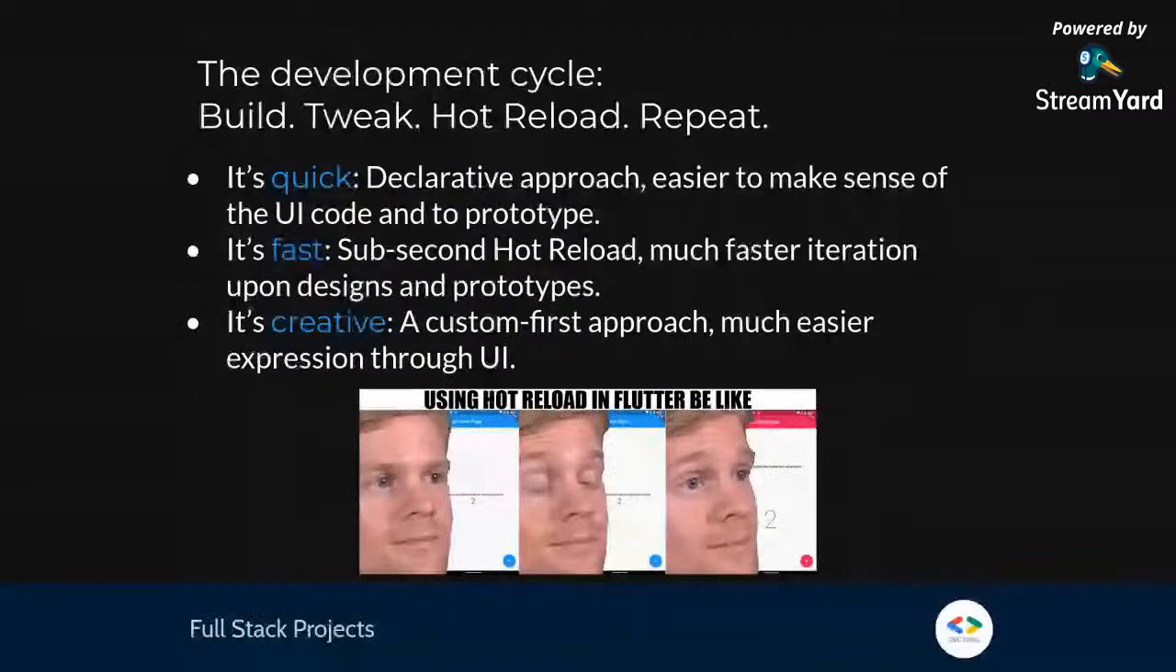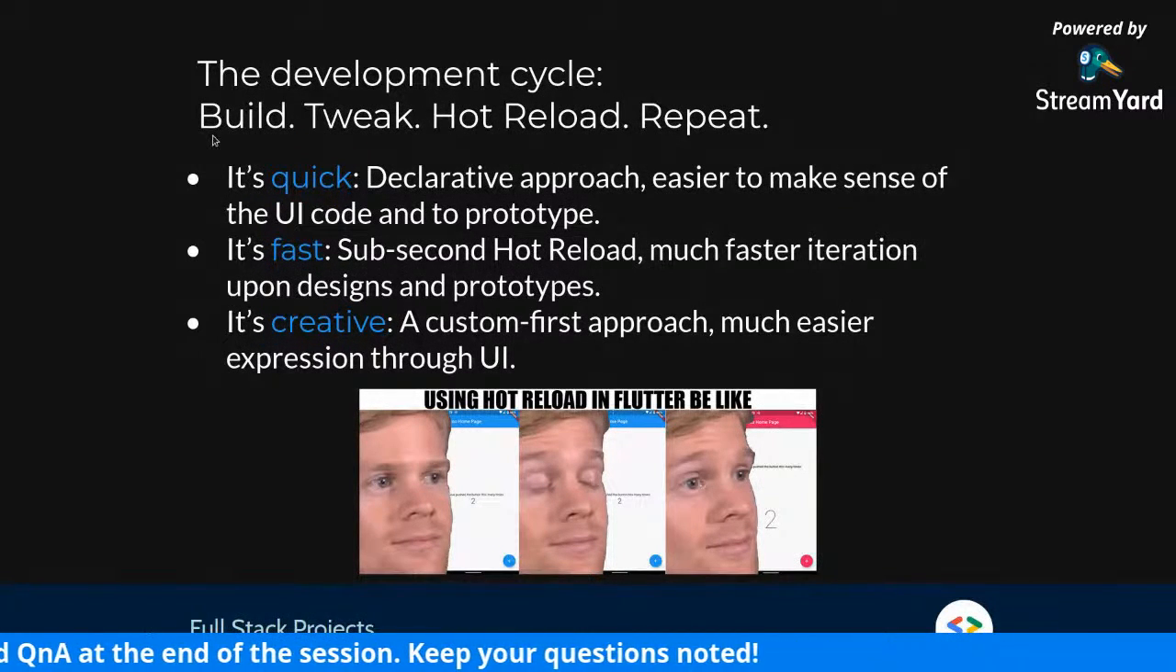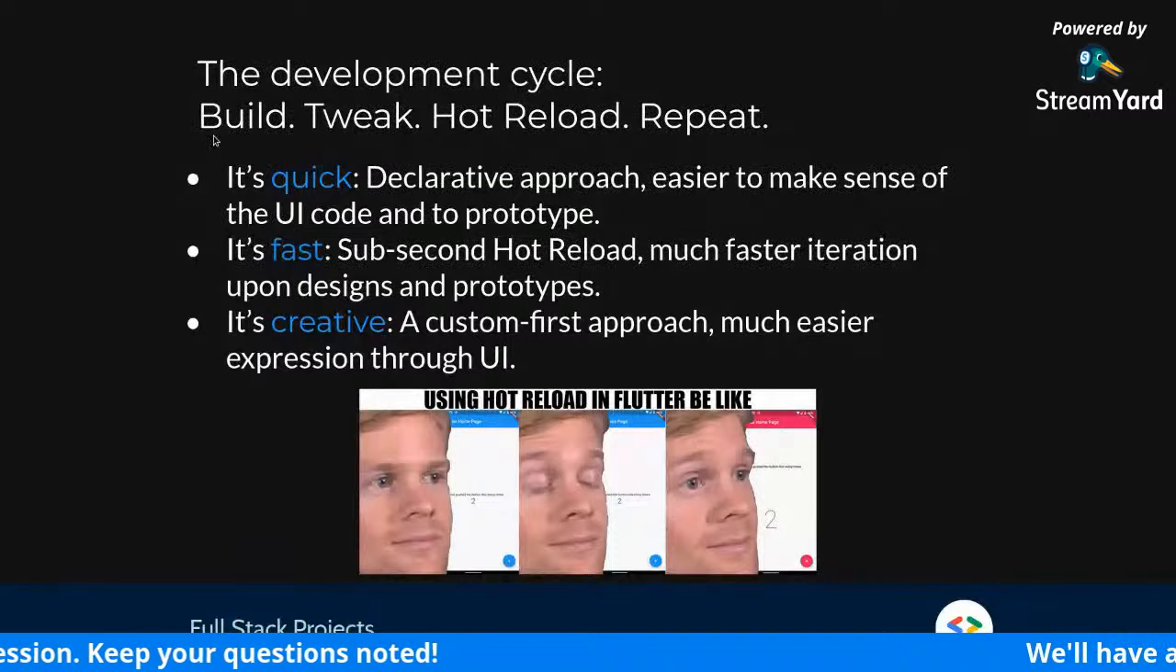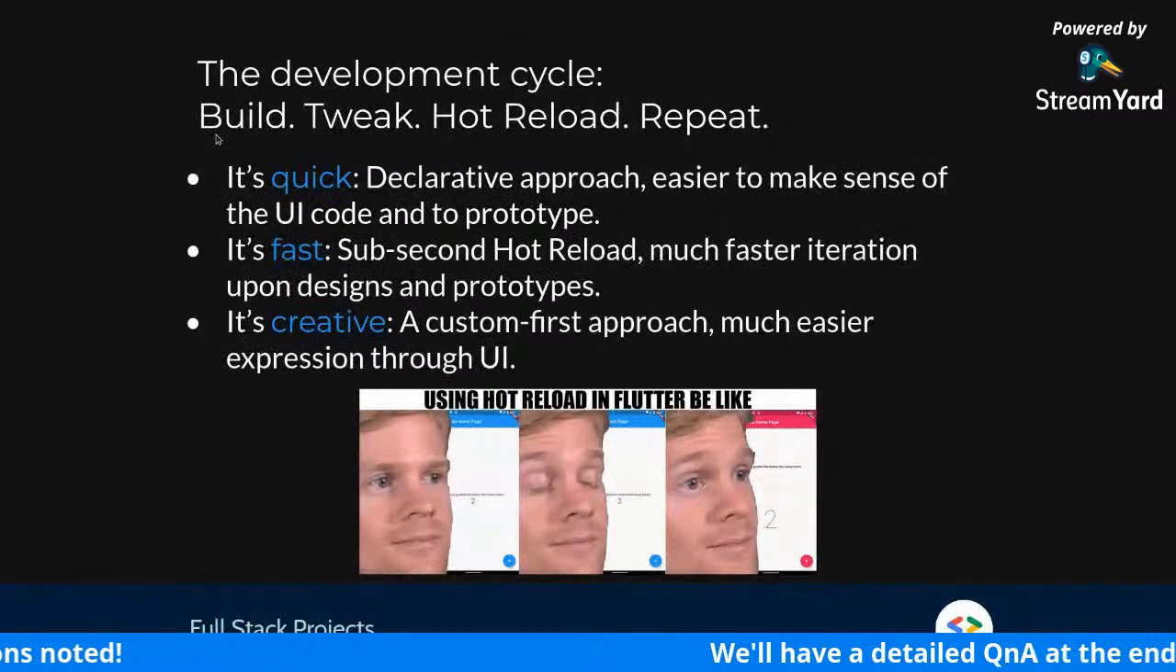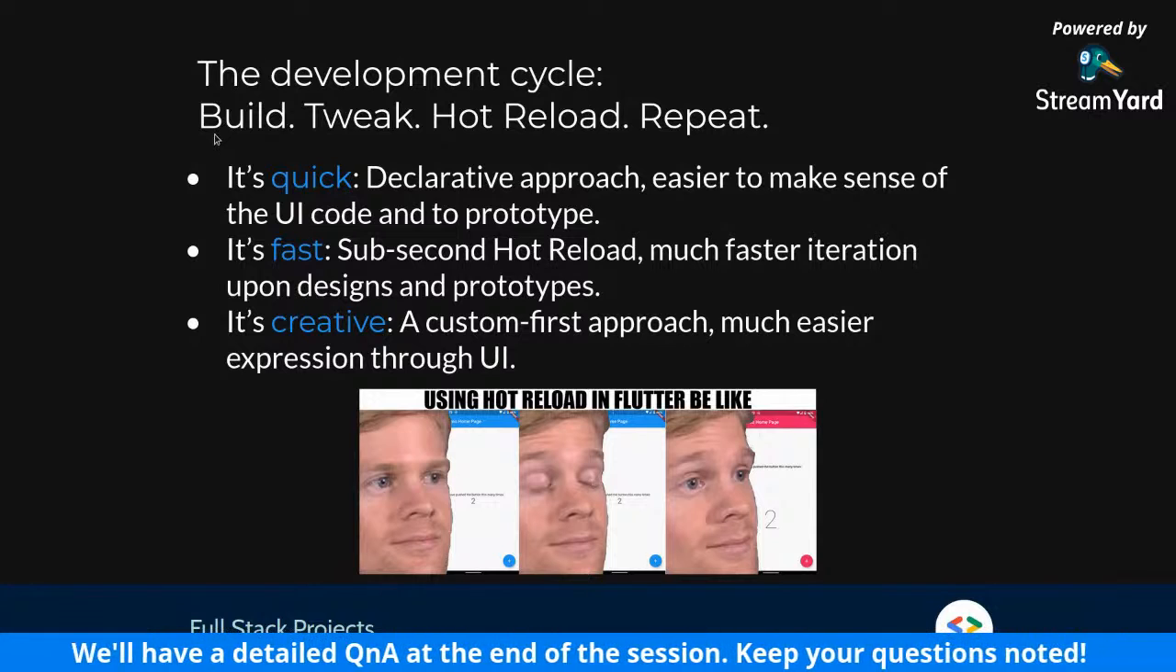As much as I can talk about the features of Flutter, what we really care about is what it is like to build with it, right? The development cycle of Flutter can be summarized by these four words: build, tweak, hot reload, and repeat. We will come into what hot reload means a bit later. First of all, three points. Flutter's dev cycle is quick. It uses a declarative approach, which is very similar to contemporary